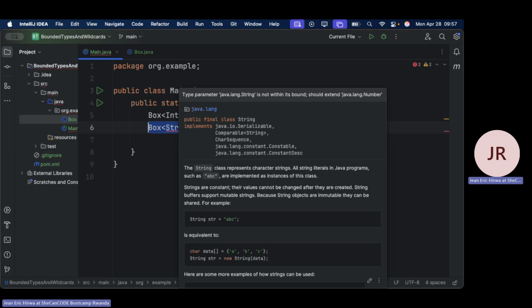Upper, right? So why upper? Sometimes it can be confusing when you're going to be dealing with something called lower bounded, upper bounded. Why do we call it upper? Let me go back to